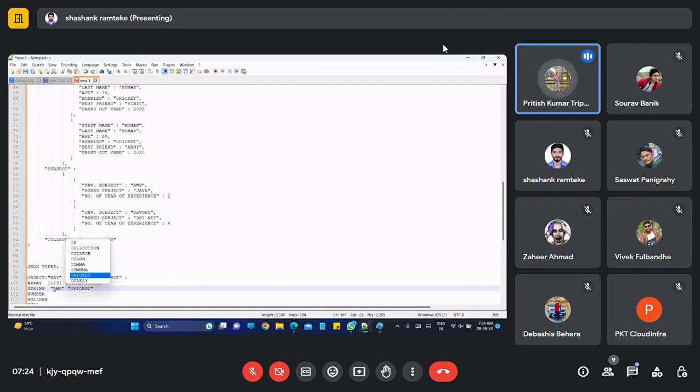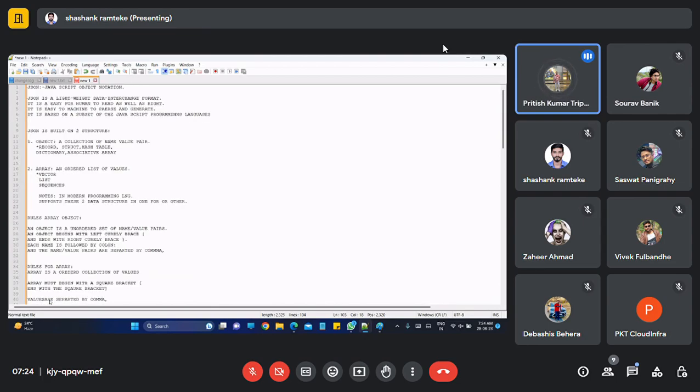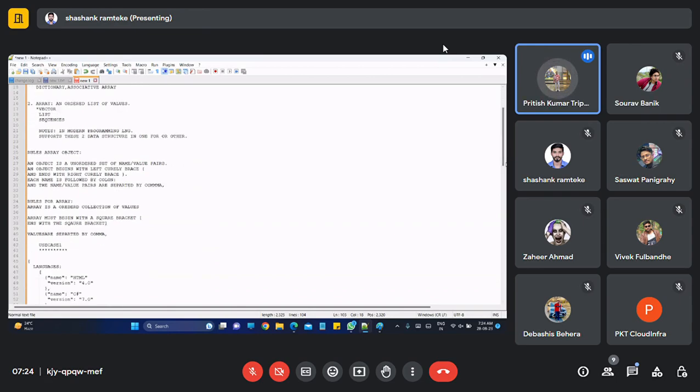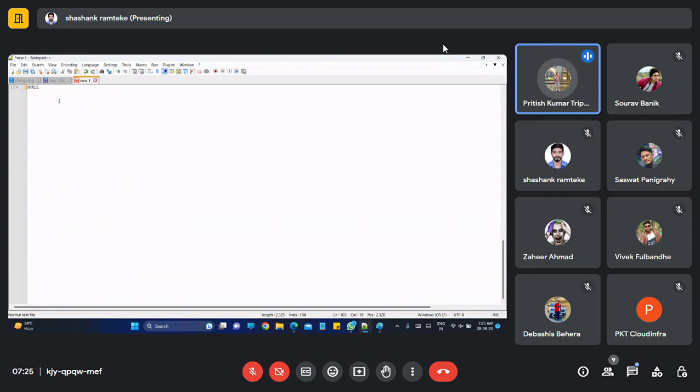Number is like 1, 9, 3, something like that. Boolean means whether any value is true or false, and null means 0. Okay, that is the categorization of the JSON file which we have understood. And in JSON types, we can specify null as null only. Null means no output will come.